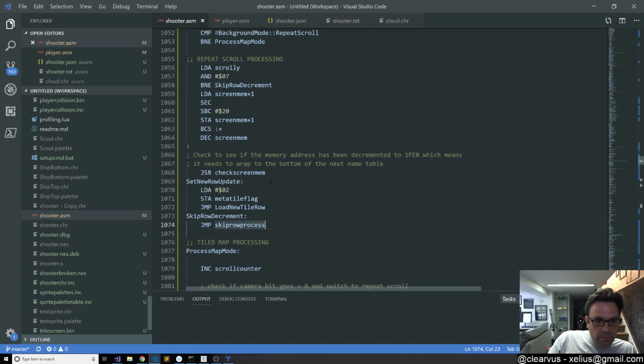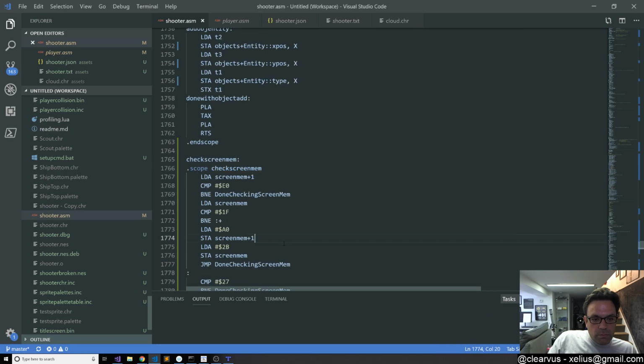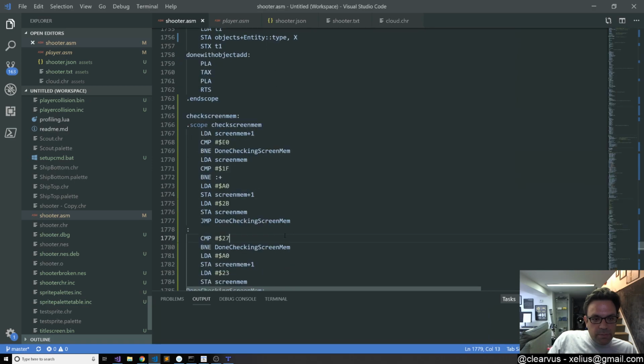That might work. So when we do the check for screen mem, I think what we would want to do is force the swap appropriately here as well, so that when we adjust after we've gone off the bottom of the screen, not only are we writing in the right position in memory, but we're also switching the palette at that point. Sorry, not the palette, the attribute base